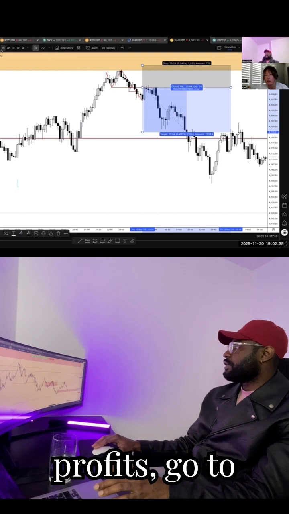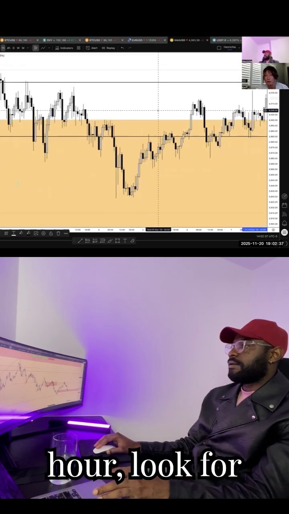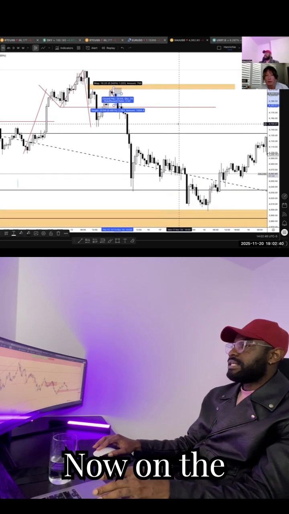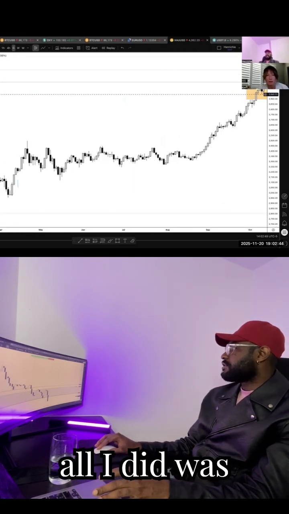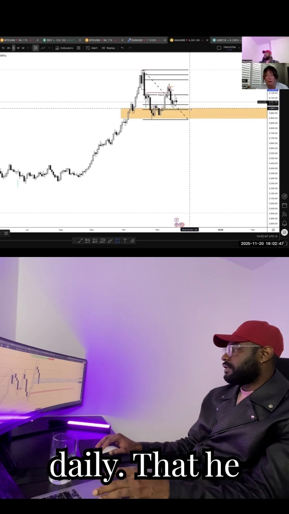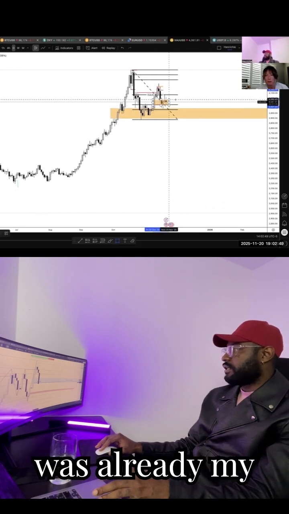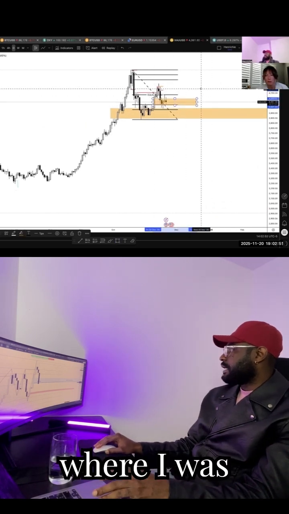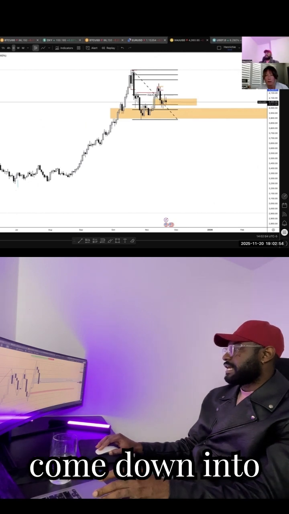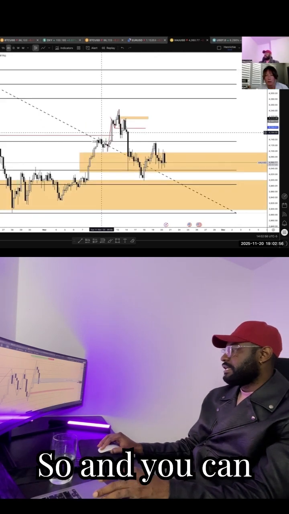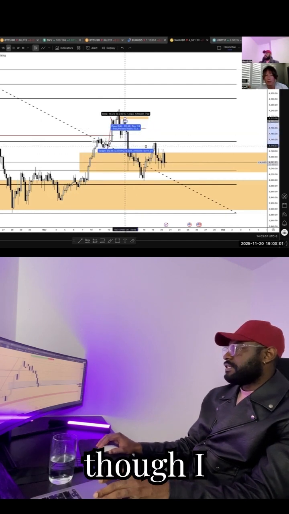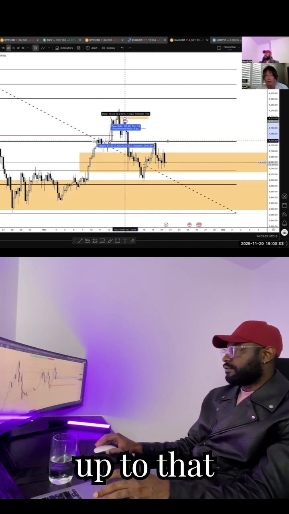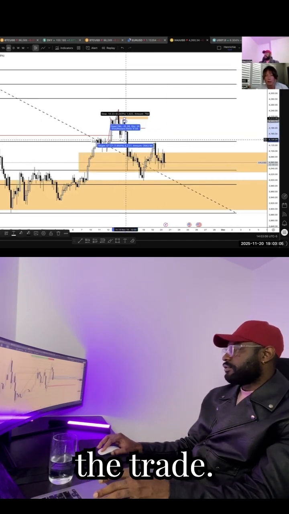Now, for take profits, go to the 1-hour and 4-hour, look for imbalances, and mark them out. Now, on the daily, there's a massive imbalance already. So all I did was mark out the daily fair value gap first, because that was already my draw on liquidity, where I was anticipating price to come down into that position. And you can see that imbalance there. Even though I didn't hold it up to that position, I just closed the trade at equilibrium because